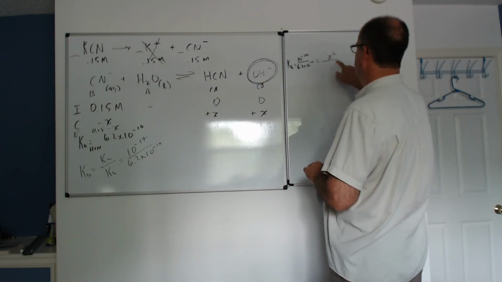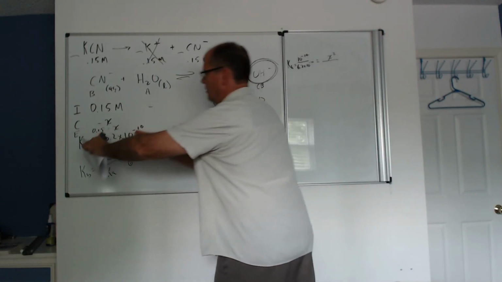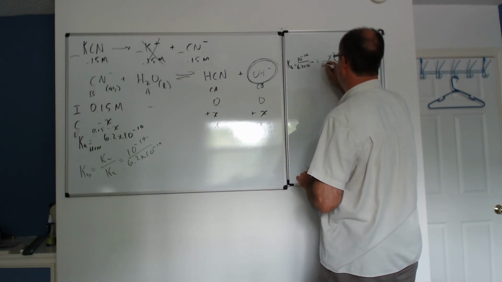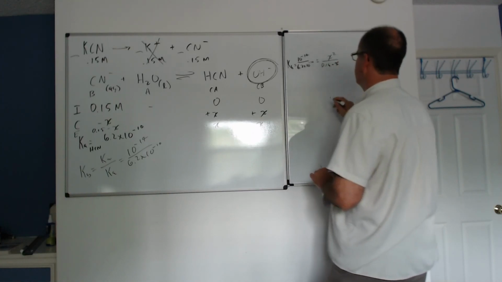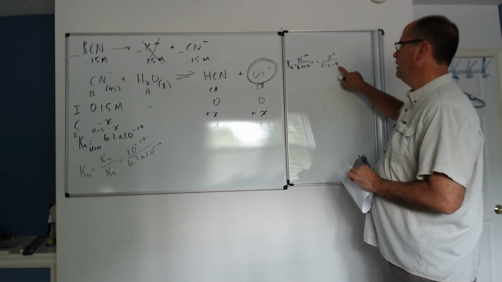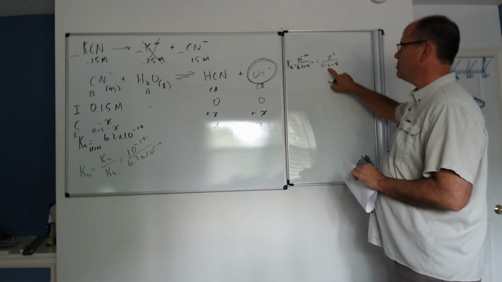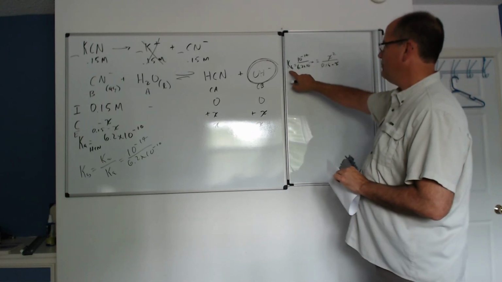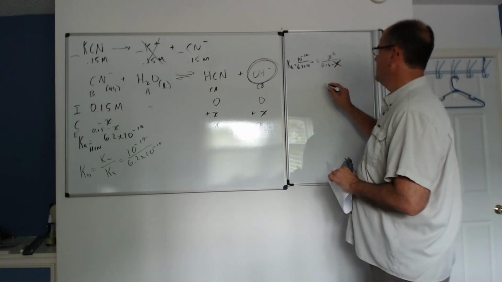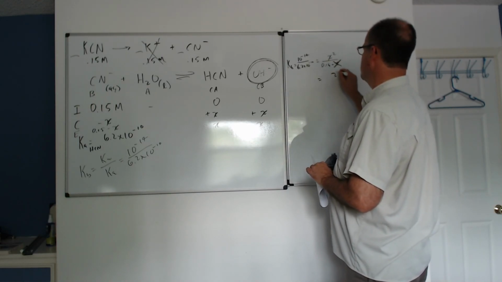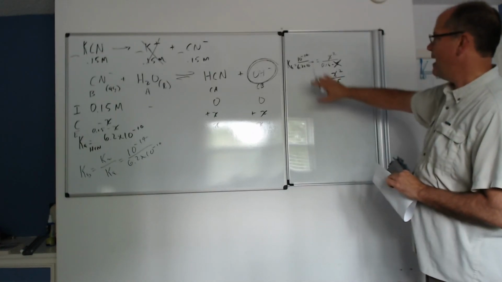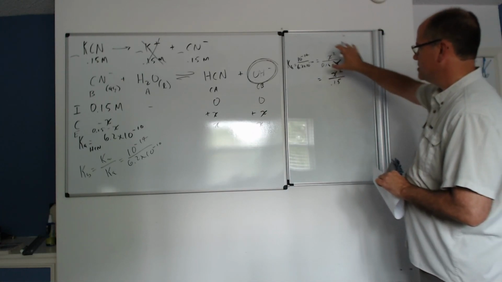So I have my x squared over, I have my products over my reactants. My reactants are 0.15 minus x. X is negligible. 0.15 is so huge compared to what my Kb is going to be, so I can forget about this x. So it's really equal to x squared over 0.15. So you would just do the math there. This is calculator work